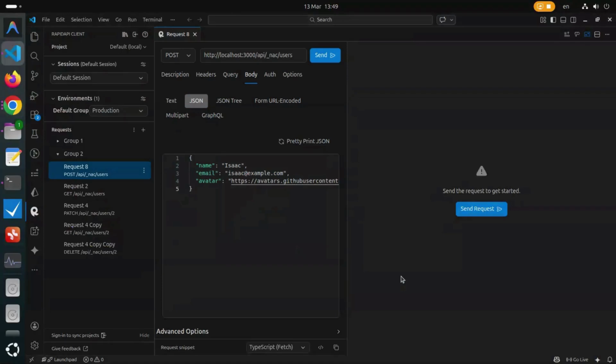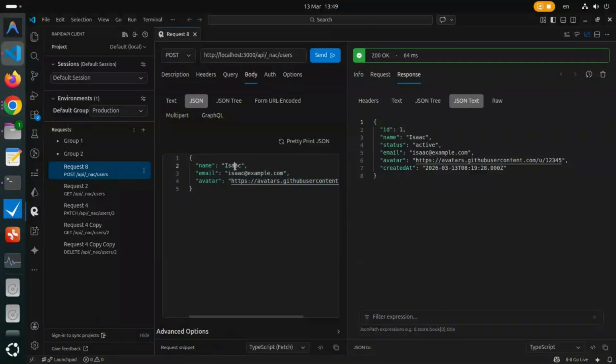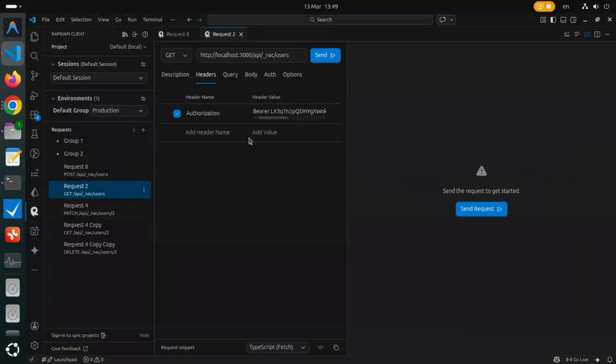We will manually test all 5 CRUD endpoints. Ensure the server is running, then open your API testing tool: Postman, RapidAPI, etc. 1. Create users. Send a POST request to /api/nac/users with the JSON payload shown in the video. 2. Read users. To verify the creation, send a GET request to the same